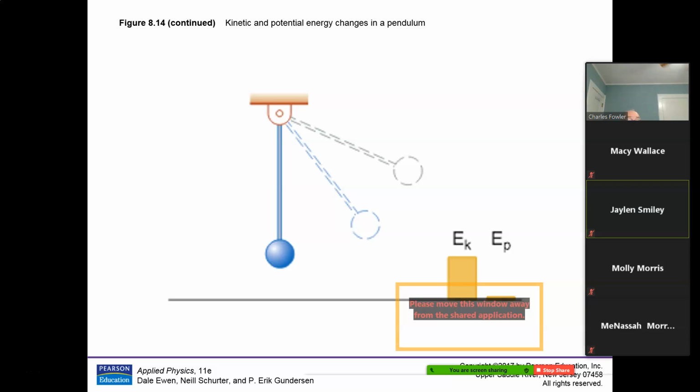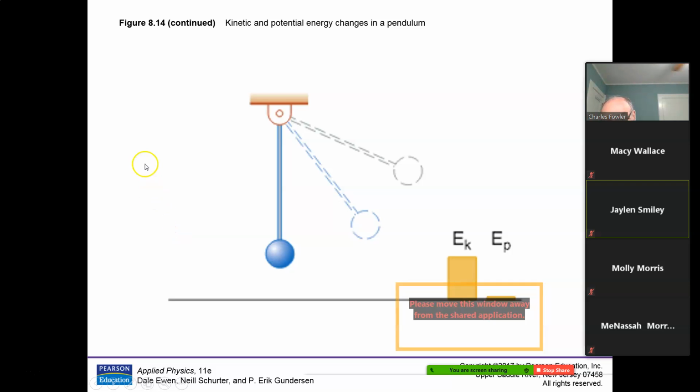Now you might say, is there no way to make it go higher? Yes, there is. If rather than releasing this from rest, which is what we said, you just dropped it and it started falling, if you threw it, then you're giving it an initial velocity. That initial velocity would be kinetic energy that it didn't have when you released it from rest. So therefore, you could get it